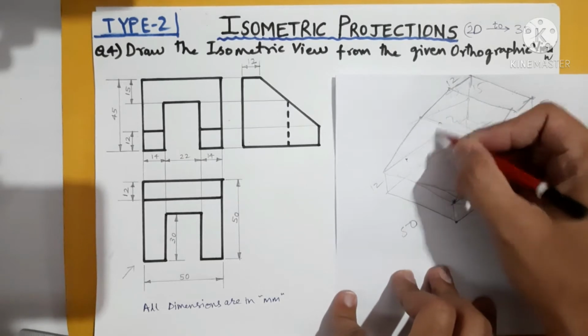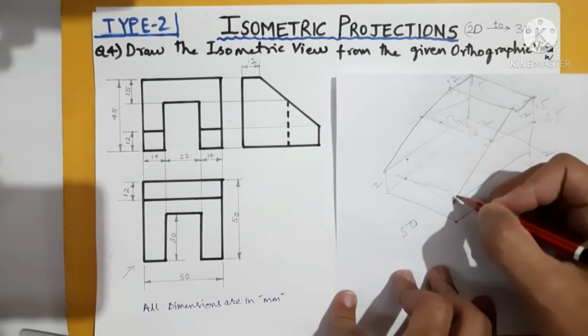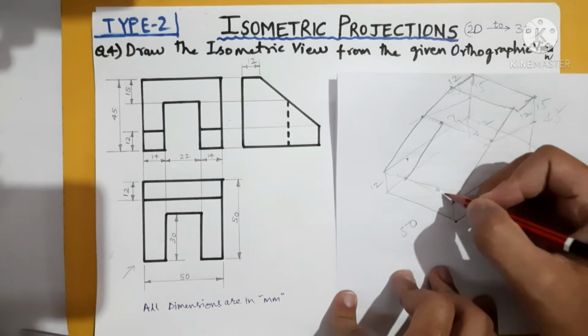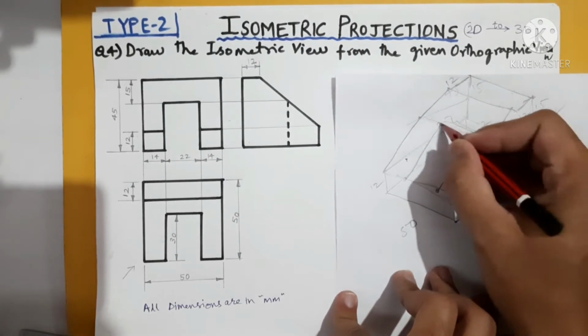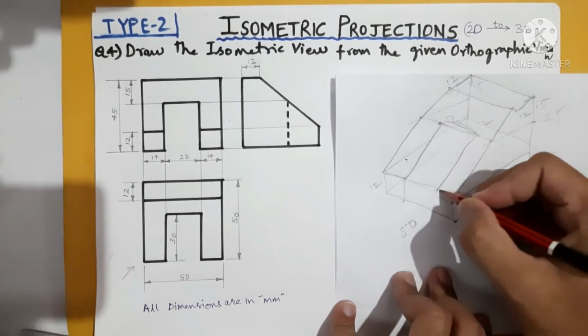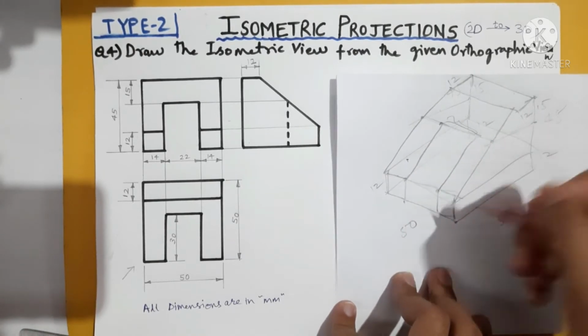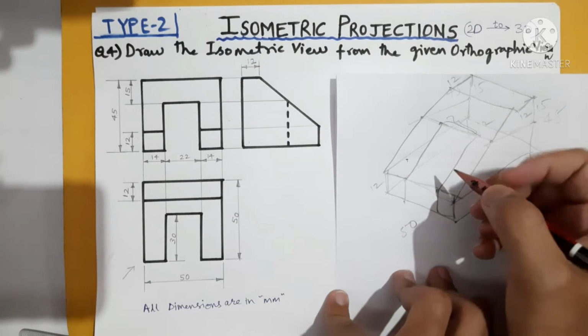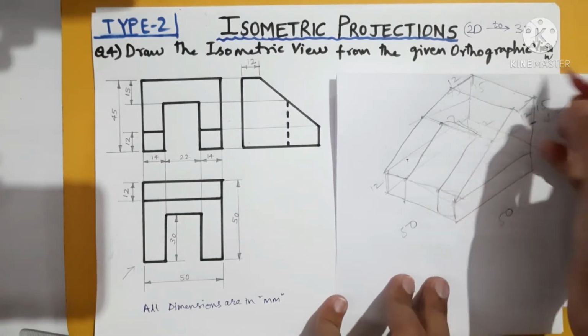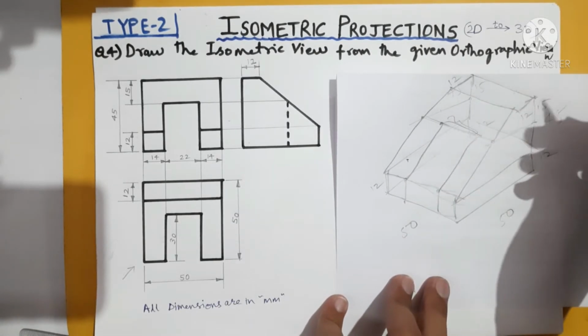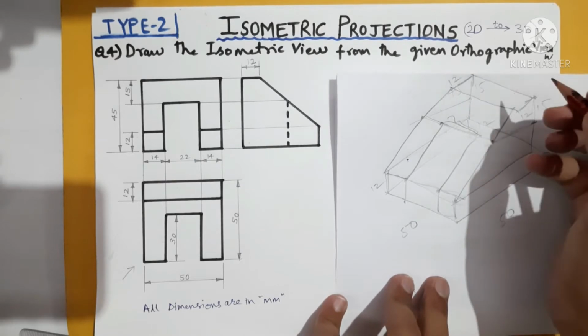Join this with this. Here also you can take 14 and from here 14, join this two. After that draw here. So this is the way how we have completed. Now we will have a fair diagram. So in the exam also, as I have suggested you to have a rough sketch, you will be getting the idea how the problem looks like. Then you can start the fair diagram.